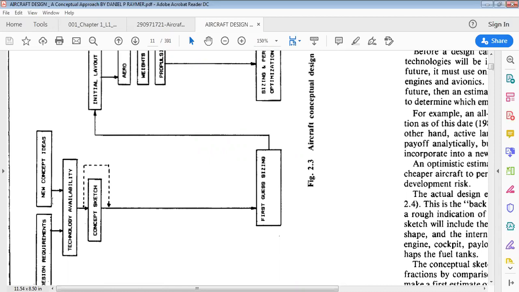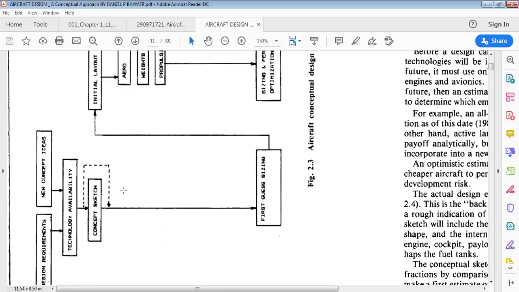What I will do is check: aircraft with the same requirement are already performing in the air, already existing in the market. I will take up all those aircraft and do the competitive studies. What should be the weight of the aircraft? What should be the wingspan? How does it look? Each and everything I do through competitive studies. I'll show you with one example, an anti-submarine warfare aircraft, which I will discuss further on.